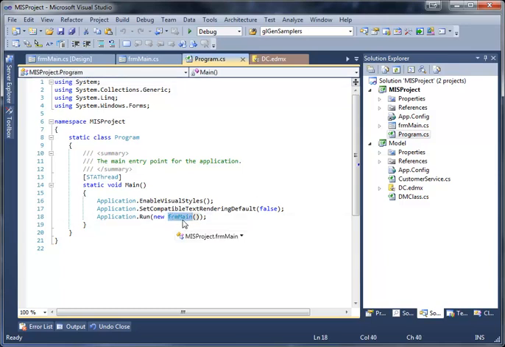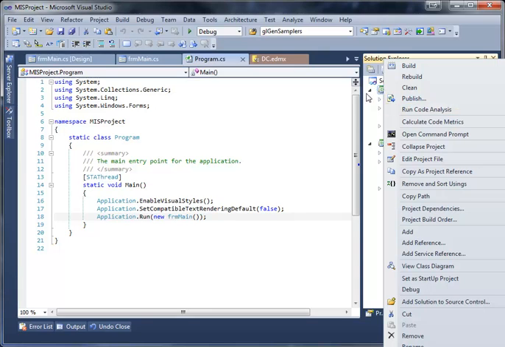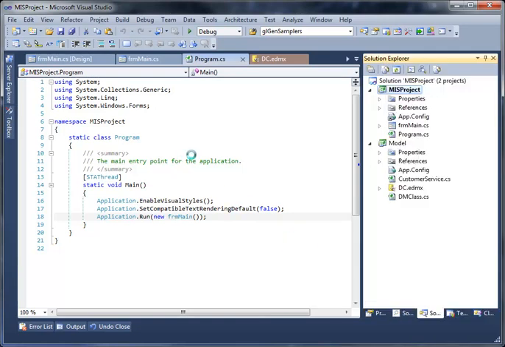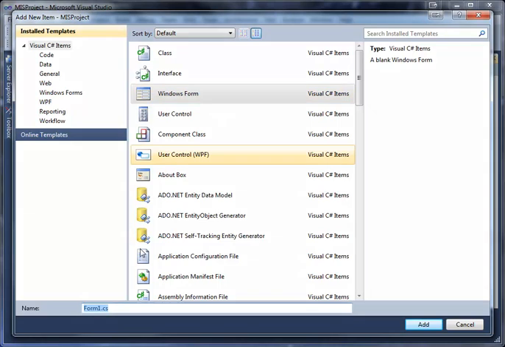Now if I could actually put somebody else in here, it will in fact appear first. But then we have to manage how to close that first form and open the second one. So this is really quite straightforward. I'm gonna go here in MS Project, and this is my UI layer. I'm gonna hit add new item, or in fact new Windows form right away, and I'm gonna call this form FRM login,